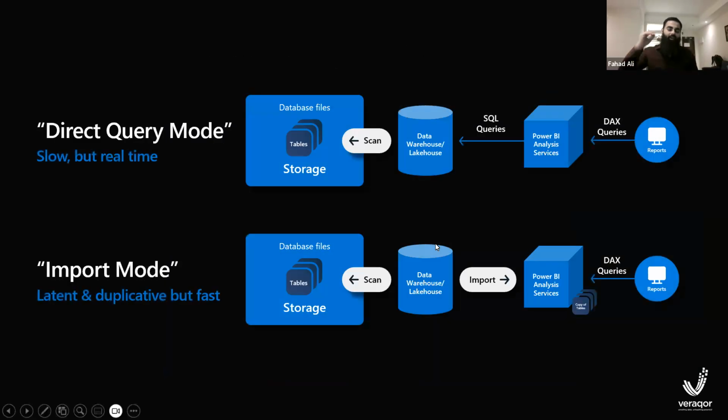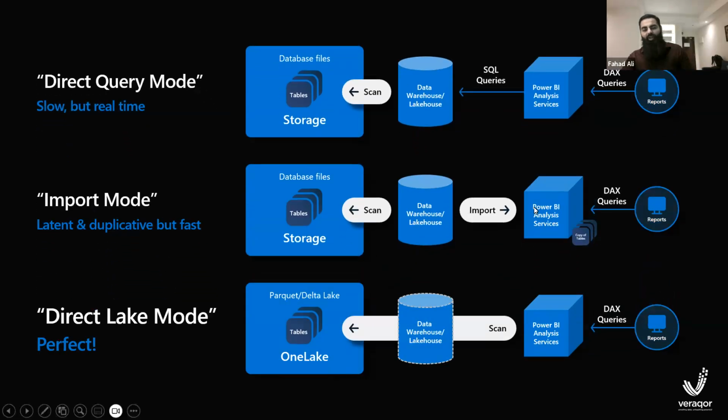Now let's talk about how it is working. Usually we used to have two modes: the direct query mode, in which Power BI would make SQL queries to the data warehouse, and the data warehouse would scan the ADLS2 storage or whatever storage we were using. It was called direct query mode, was real time, but it was slow. And then there was import mode, where Power BI imported the data that it needed from the data warehouse and made copies internally of the tables up to 100 GB, and then it would show the reports. But something that came with OneLake and Fabric is the perfect mode, direct lake mode,